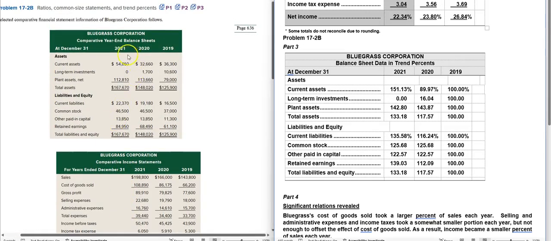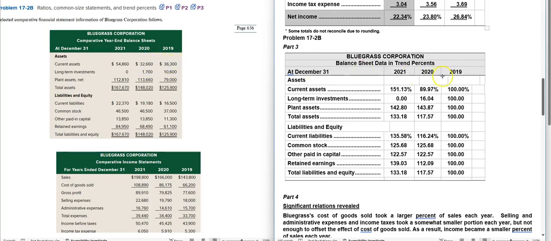So going up here, I can see that I have my balance sheets for every year. And what I want to do is go horizontally across the years. Current assets: I want to look at what the change is over time. The first year I have available to work with, my base year, is 2019. So all of my horizontal trends are going to be based off of 2019. So if I divide 2020 current assets by 2019 current assets,